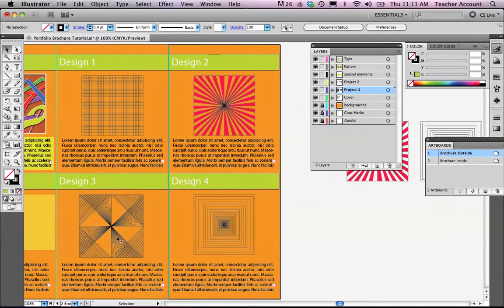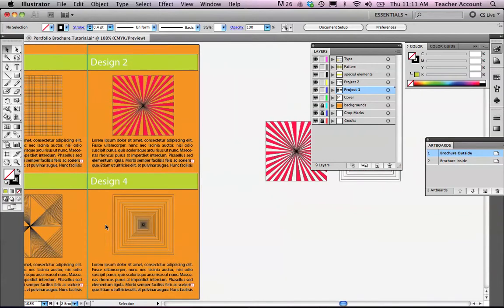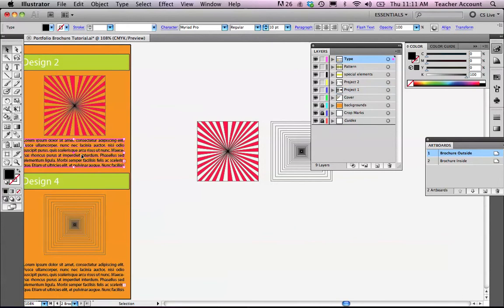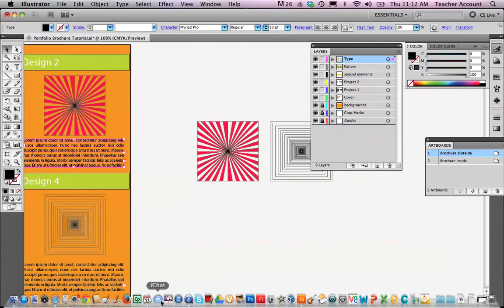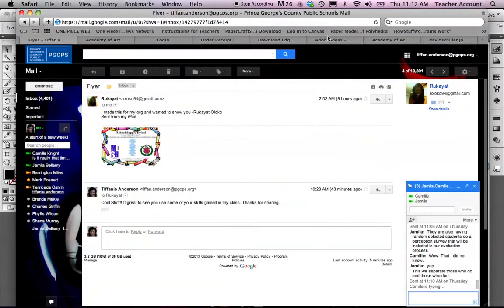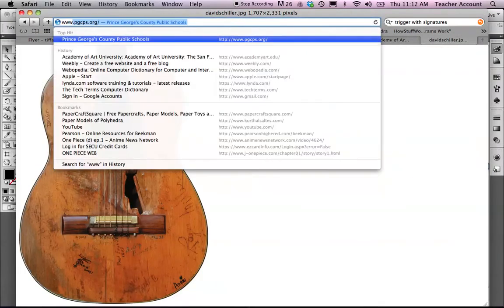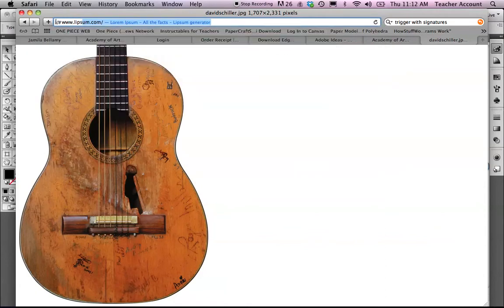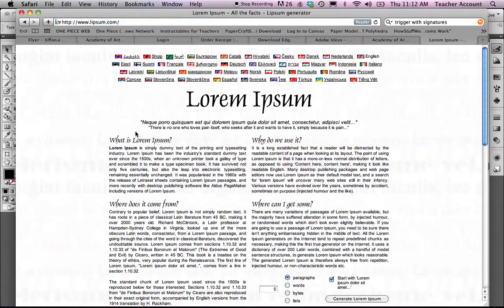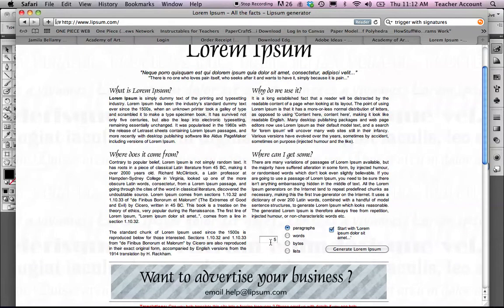So we've aligned these particular objects here. All right, as far as the type is concerned, we went to a website called lipsum.com. You simply could type in lipsum.com. And we just wanted one paragraph because it's not a lot of type in that area. You generate,